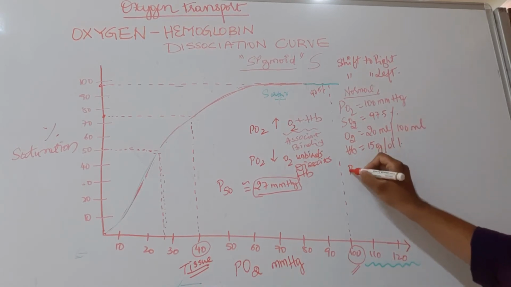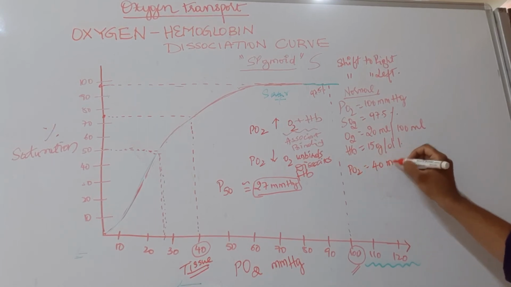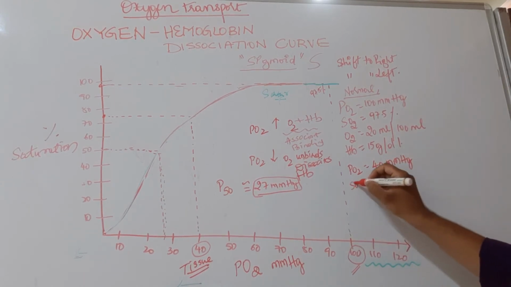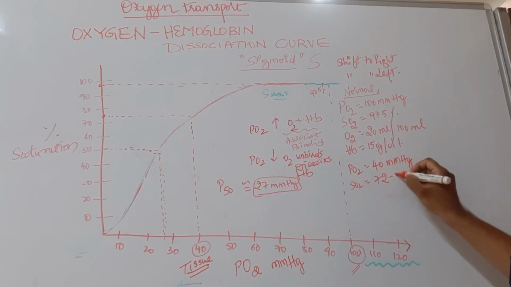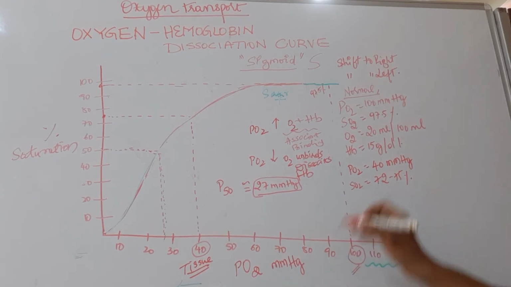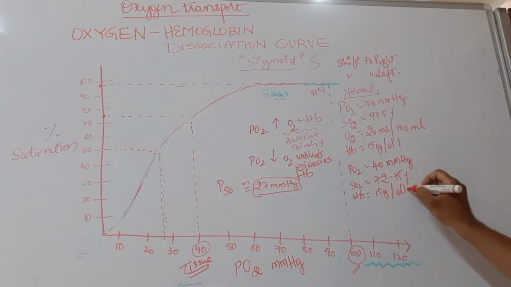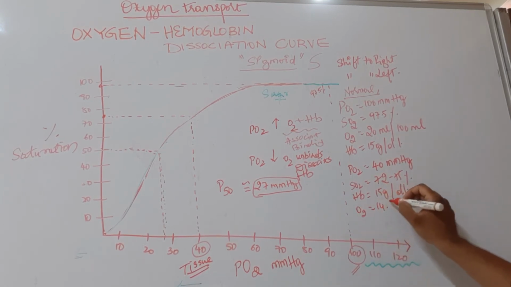If the partial pressure in the venous blood is 40 mmHg and the percentage saturation is 72 to 75%, with the hemoglobin concentration at 15 gram per deciliter,